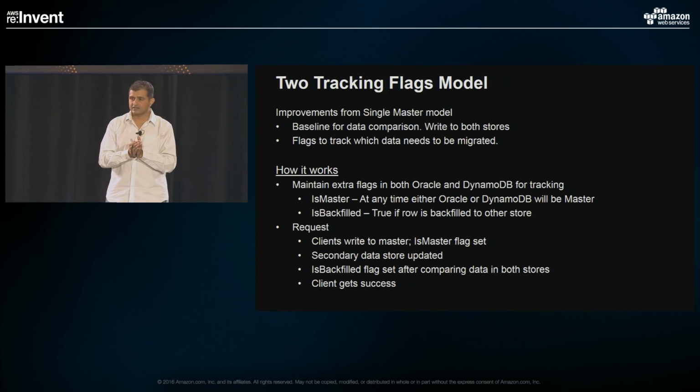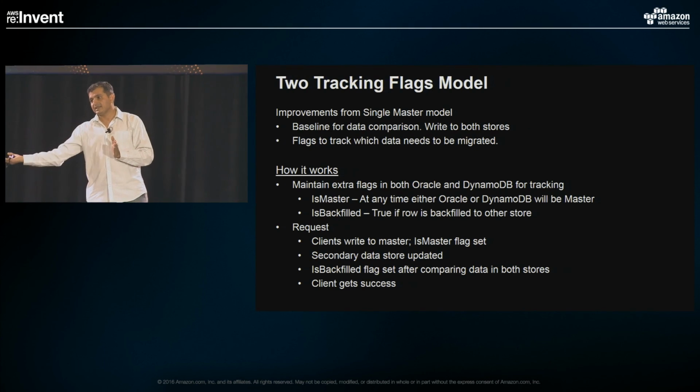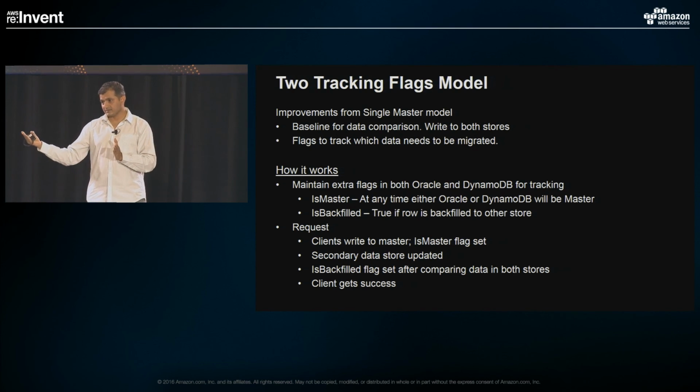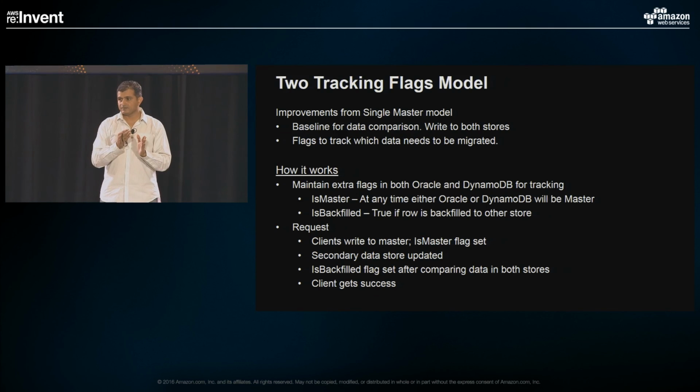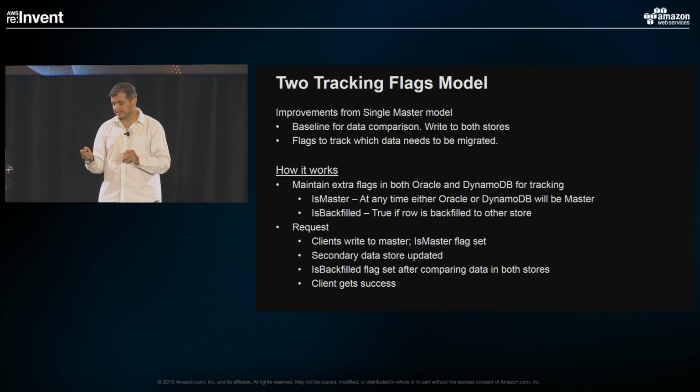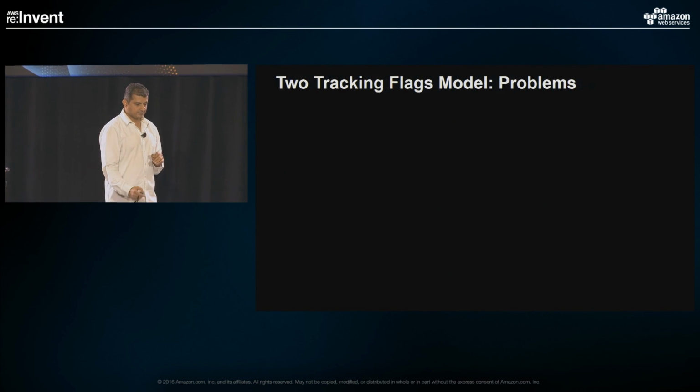Because every time we consider edge cases, we need to think about whether we might have to roll forward or roll back because of errors. There might be potential loss of data. So even though this model was great, we could not convince ourselves that there would be no loss of data. And there is a reason for it. One,